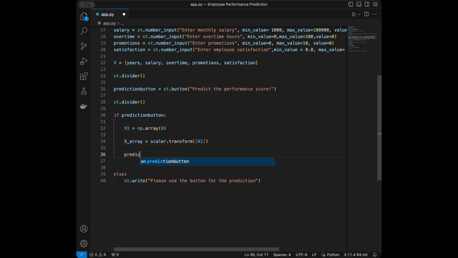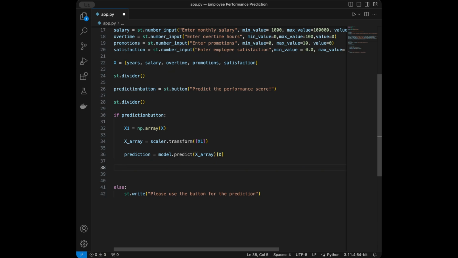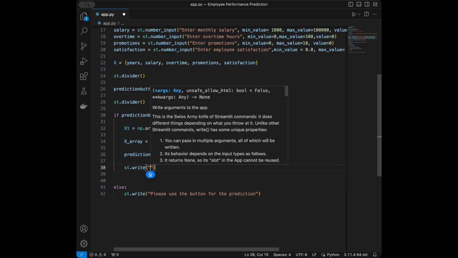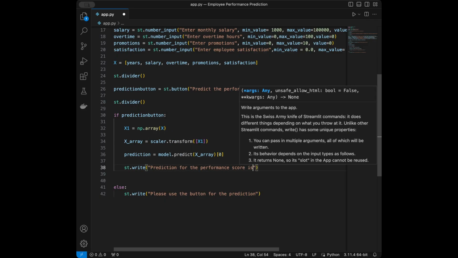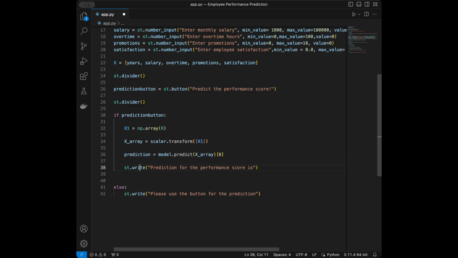Next up, I will say prediction is going to be equal to the model.predict, and we will say x array, and we are going to take the first element of this. We are going to reach to the prediction, and I'm going to say streamlit.write, and I will say prediction for the performance score is, and we can say this is an f string like this, and we can give the prediction